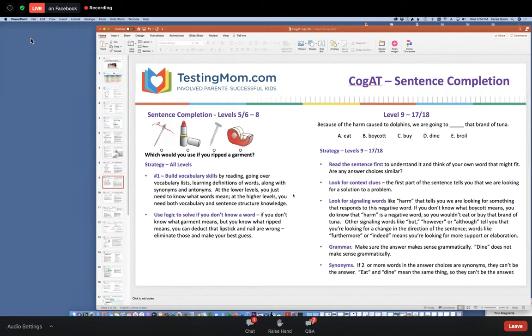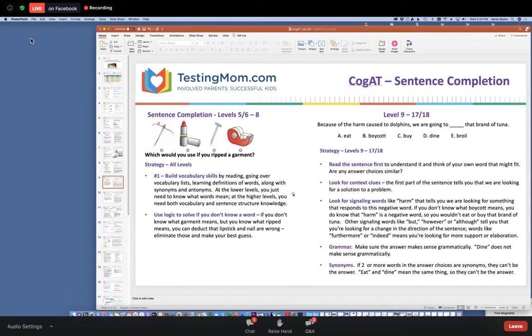So with younger kids, the big thing you want is for them to just have a good vocabulary. And you'll get that through reading. If you read together and talk about word meanings all the time, they should be in great shape for this part of the test. But you can also teach them that they can use logic if they aren't sure about